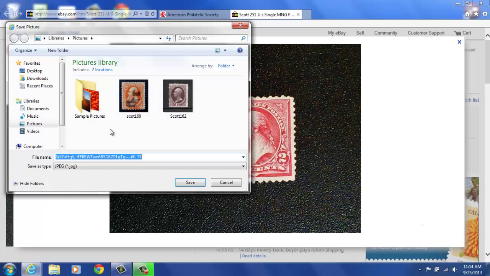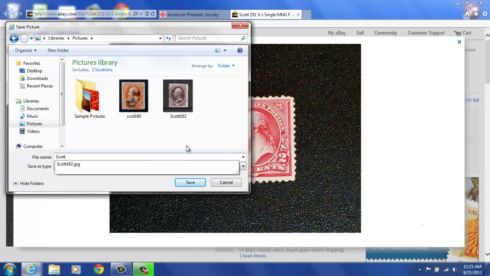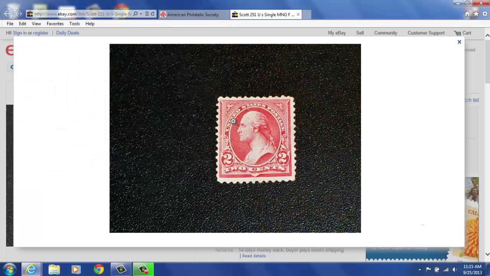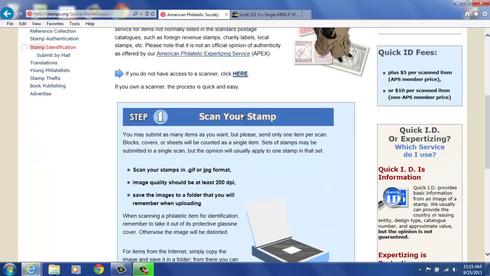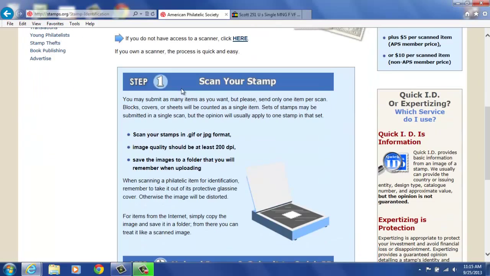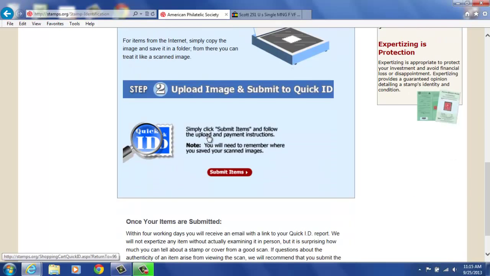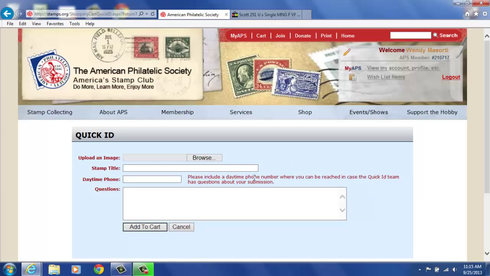You can save picture as, and you want to save it to a directory where you will remember it. I'm going to save it in my pictures directory, of course, and you give it a name that you'll remember. We're going to call this Scott 251 and simply hit save. Now you can go back over to the Quick ID screen and scroll down to step 2. Now you can simply hit on Submit Items,